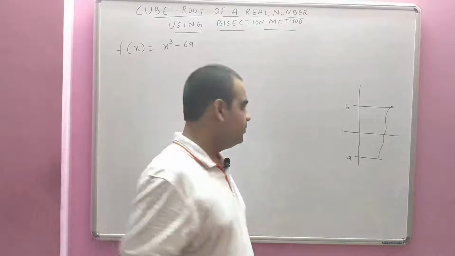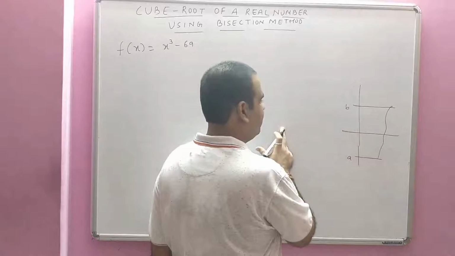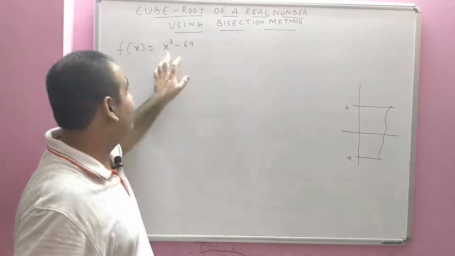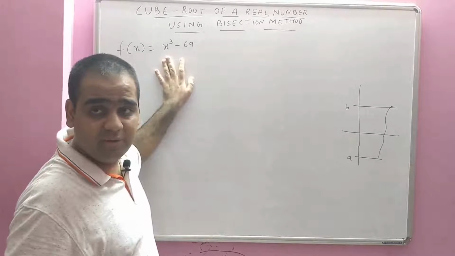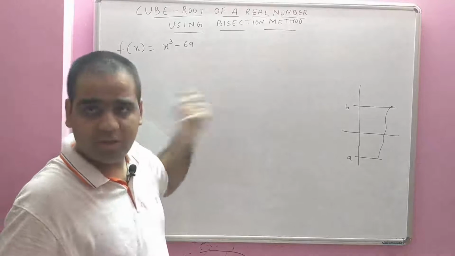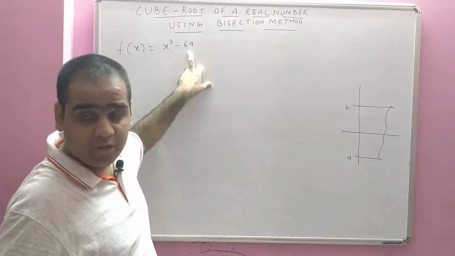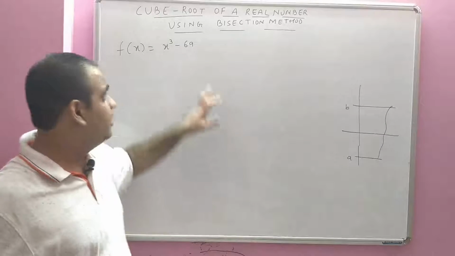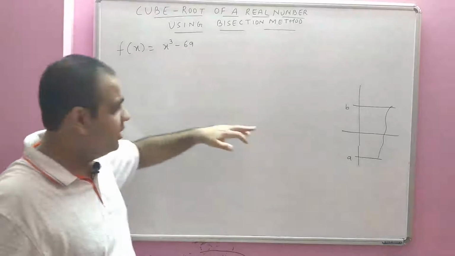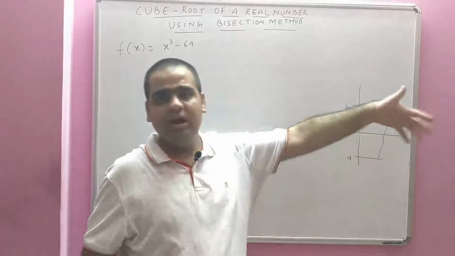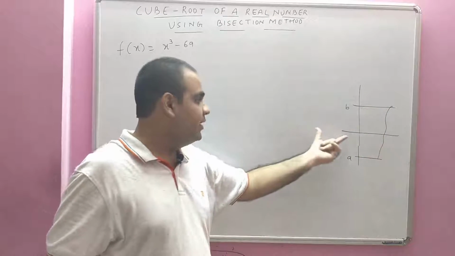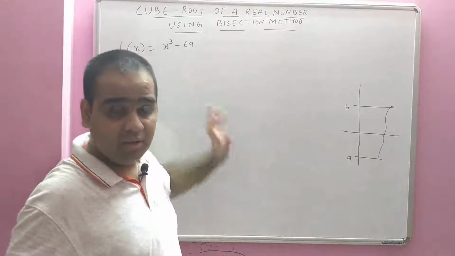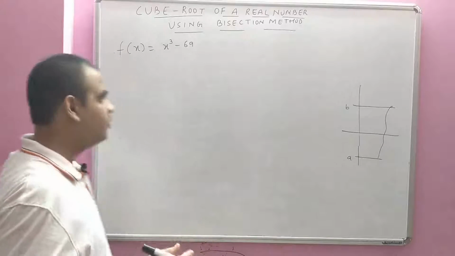Normally the range of x is minus infinity to plus infinity. Since we are finding the cube root of a number and we assume that n is positive, the answer will be positive. If n is positive, that means the least value will be from 0 and it goes up to plus infinity. The negative side we neglect because we assume the value of n is greater than 0. That's the input, that is what we assume.